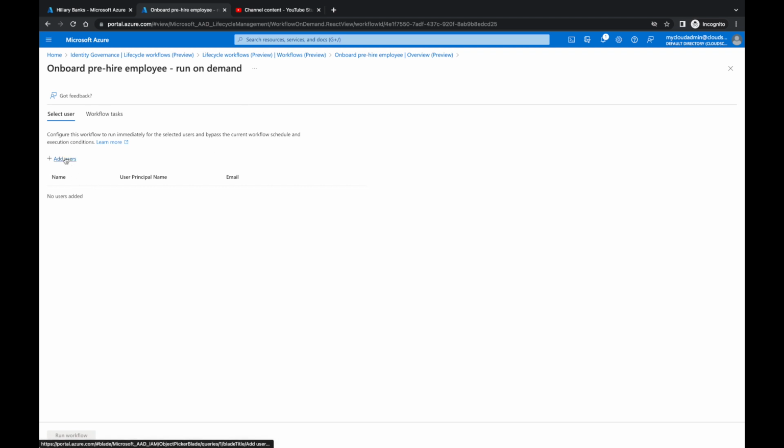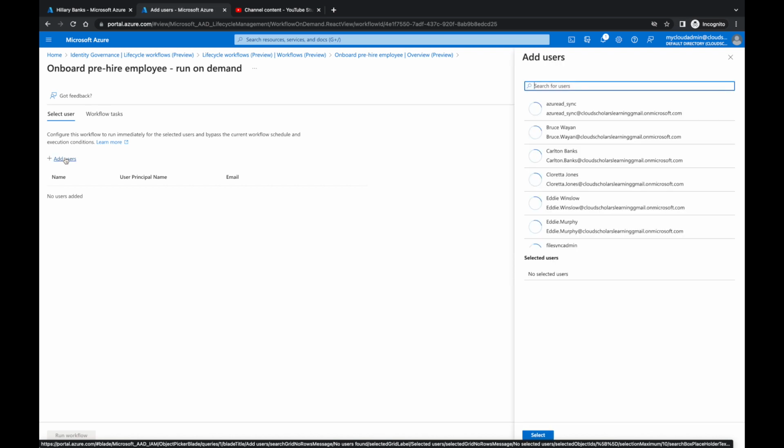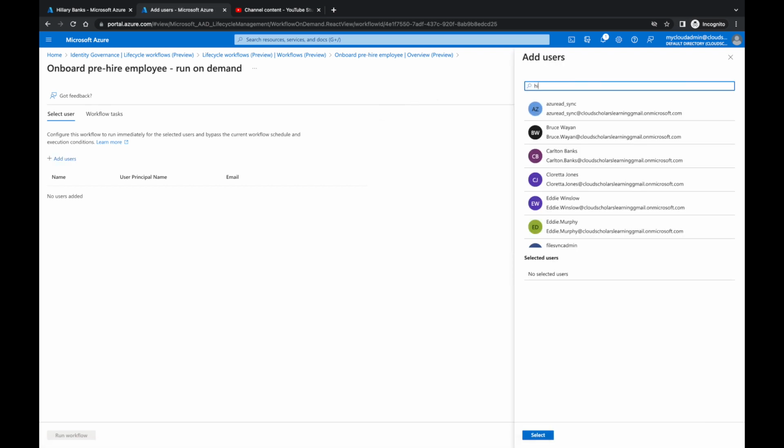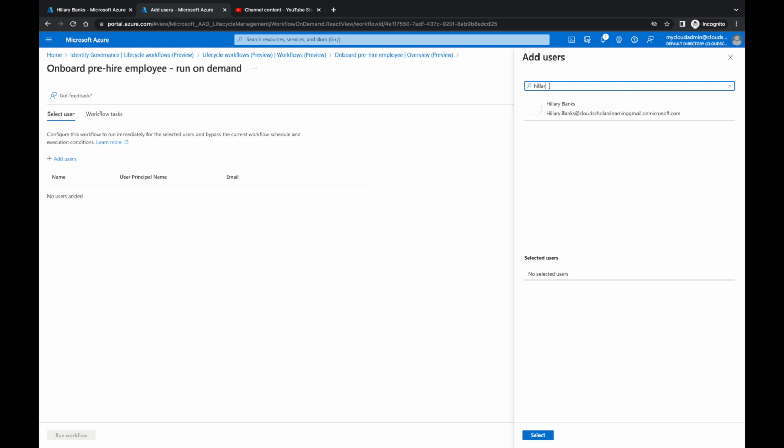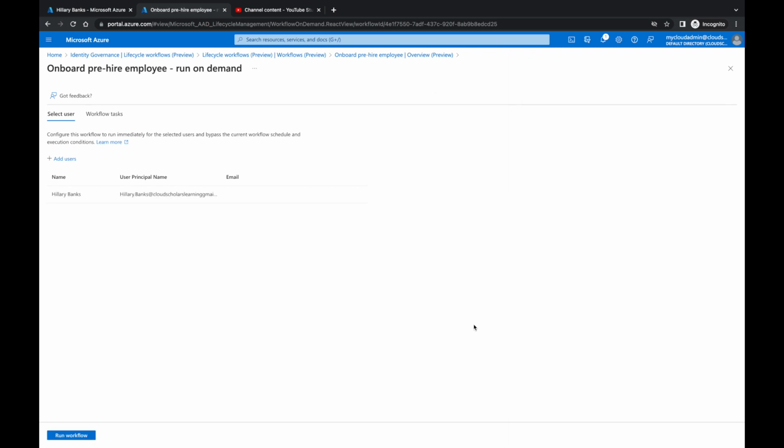So you would click on run on demand. Remember, it's a template. So what we're going to do is we need to add the user to it, because we did a scope, which is the purchasing department, but we need to also add the user to it. So let's go back and click add user. And we're going to do Hillary Banks,